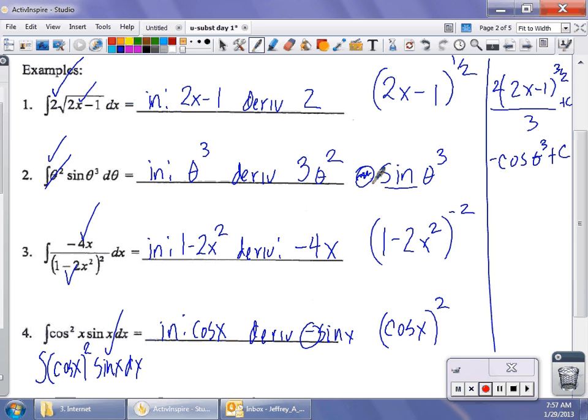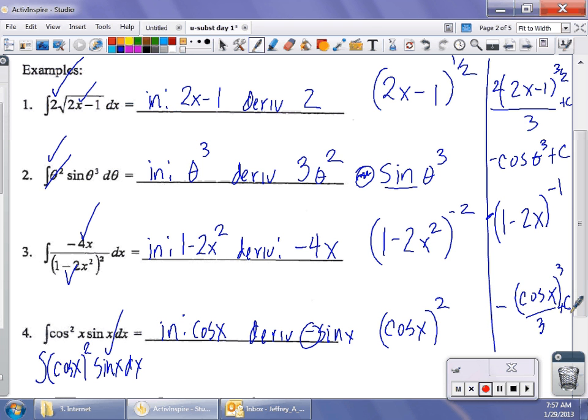So the antiderivative of sine is negative cosine. On the third one, we're going to increase the power by 1, so we get 1 minus 2x to the negative 1 divided by negative 1. And then in the third one, the derivative of cosine is negative sine, so we're going to need our negative again. We're going to increase the power by 1, divide by the new power, and then our plus, our constant of integration. Okay, so that's reversing the chain rule